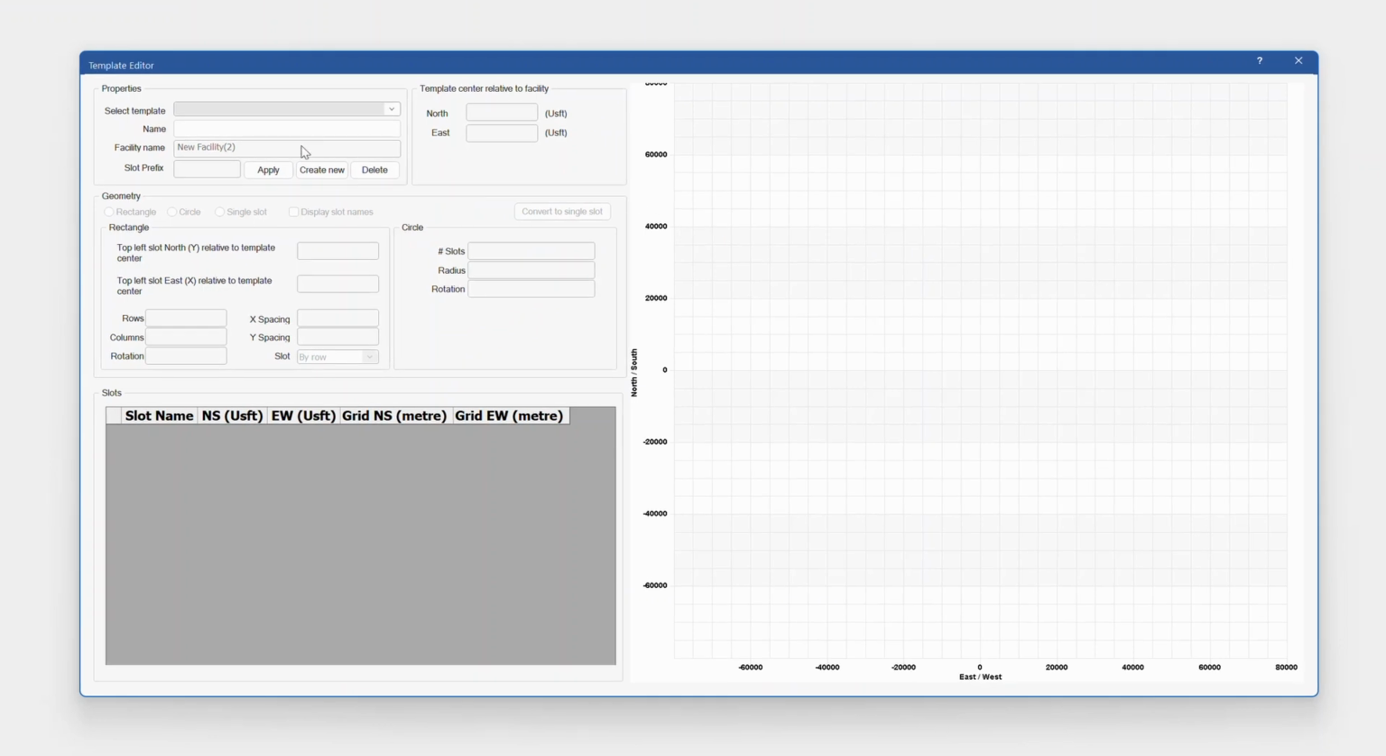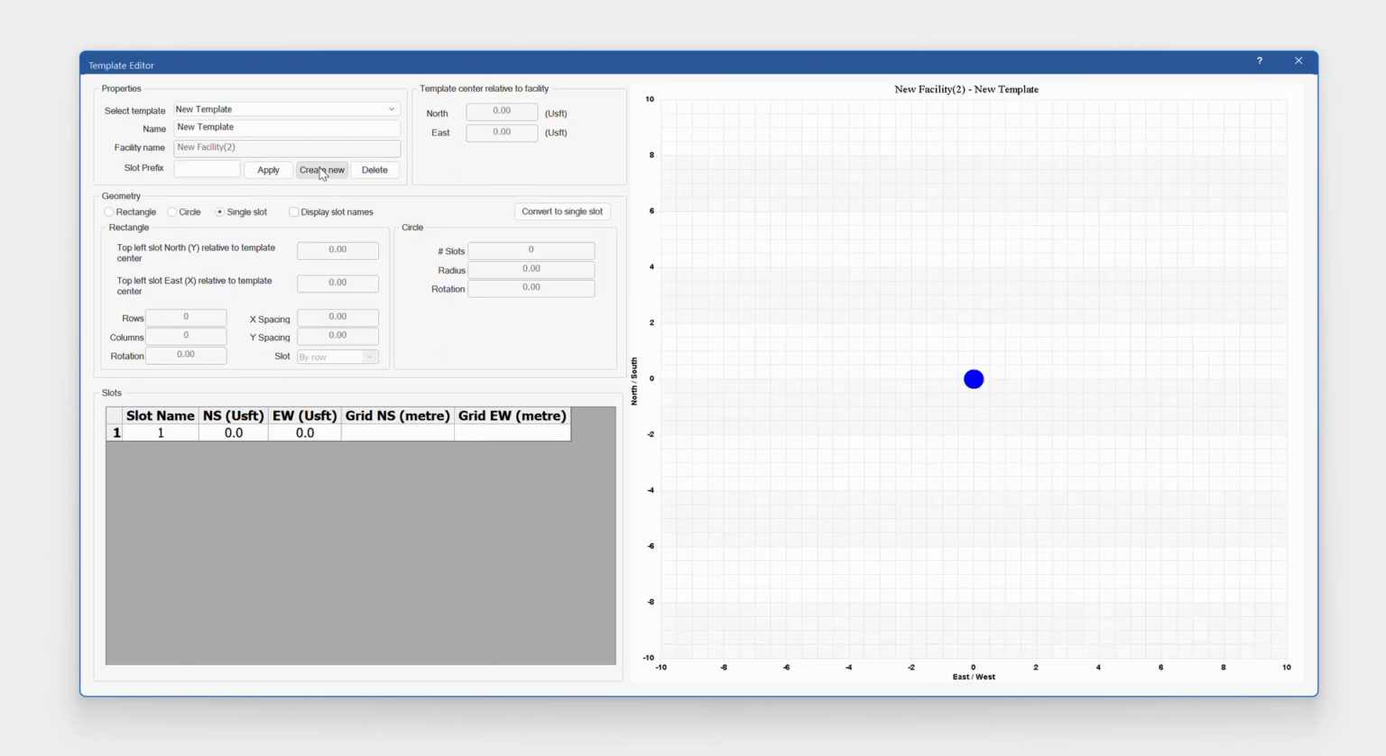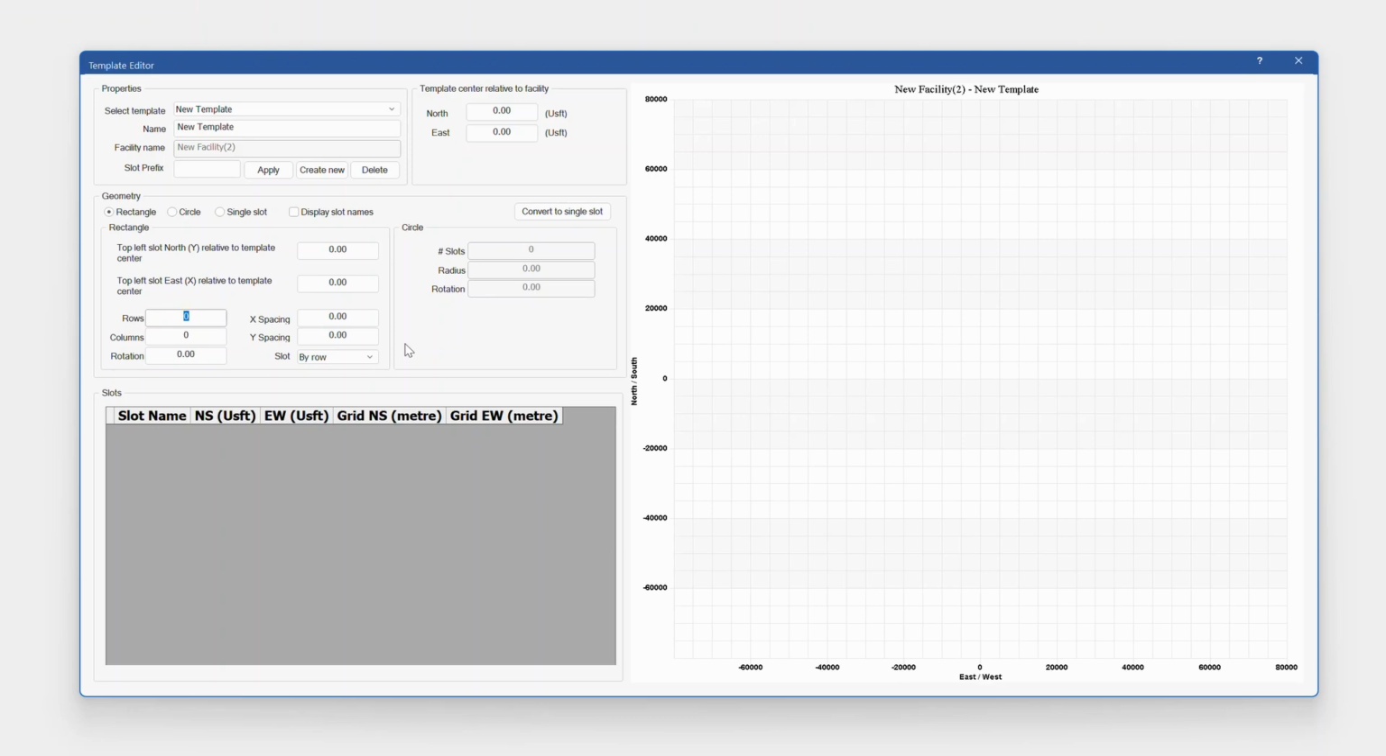We've also got our templates option here. The templates allows you to set a slot template. In this particular case, we don't have any. I can hit the option that says create new, and you can do single slots. We can do rectangles. We can select the number of rows, columns,